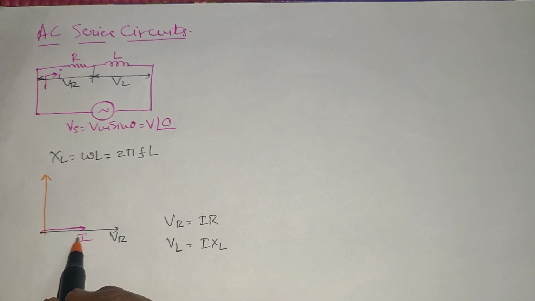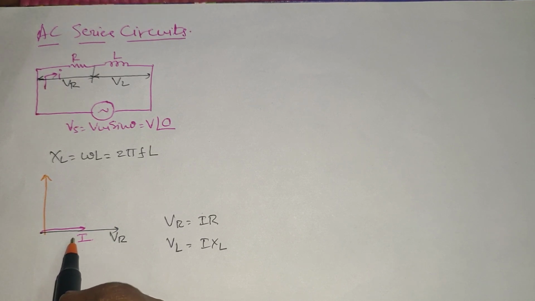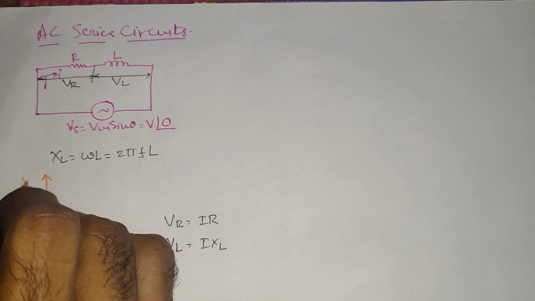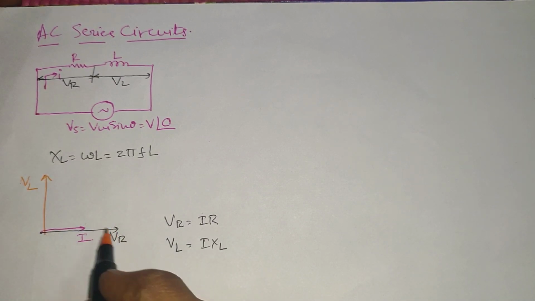These things we have seen in our previous sessions, where we have discussed a pure inductor connected to an AC supply. Whenever a pure inductor is connected to AC supply, the current passing through it is going to lag behind the voltage across it by an angle of 90°, or else you can say that the voltage across the inductor is going to lead the current by 90°.